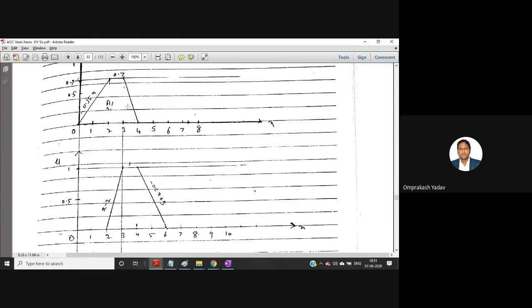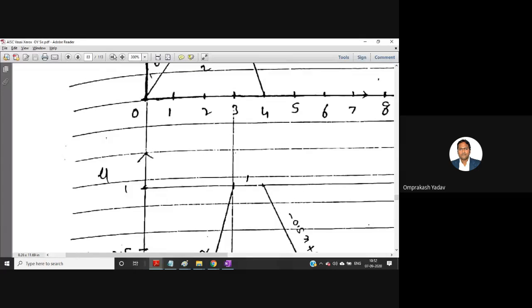x bar. So how to calculate the x bar for this particular trapezoid? It's similar to your square or rectangle. Just determine the middle point of this one. The middle point will be 0 to 4, that means 4 units divided by 2, so it will be 2 only. No need to measure from the origin, because this is directly situated at the origin. So x bar is 2, multiply by 2. This is the first area.